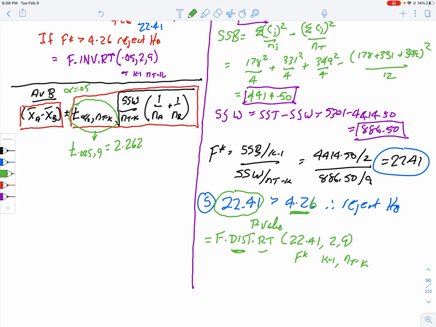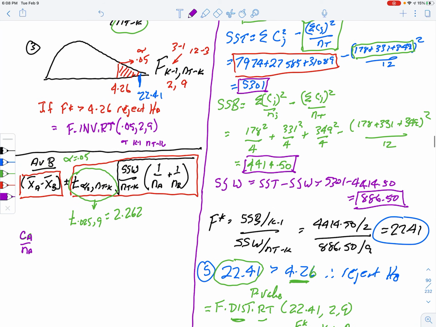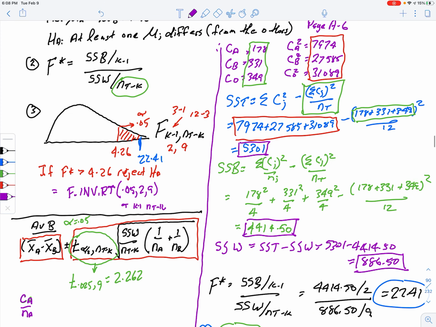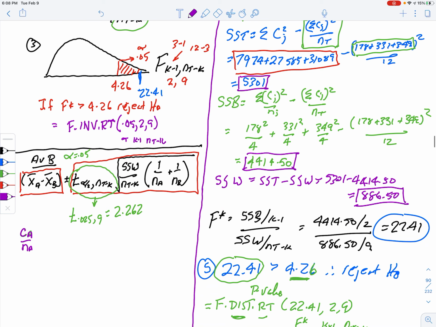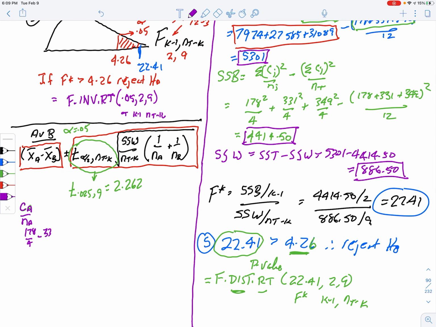So the mean for A is, of course, the sum of the values for A, so it's actually the CA value, over the NA value. That's all it is, right? We summed up those values to get, what was it, 178, I think it was. So it's this one up here at the top of the page. So 178 over 4 minus, and then for B, it was 331 over 4,